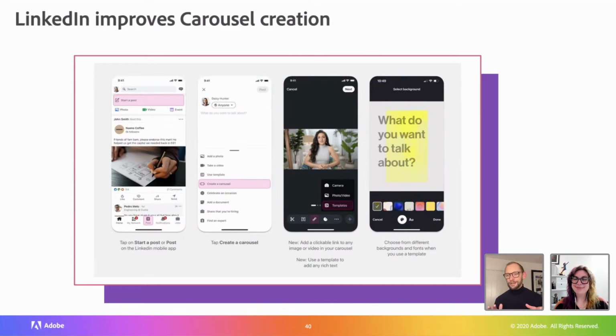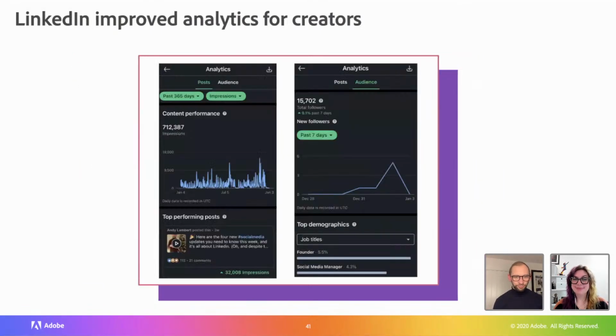They're also improving some templates and such, but to be honest, I'll be as balanced as I can, you probably want to use a better design tool because, as you can see, this is a little basic. LinkedIn are doing a lot to try and encourage content creation, but you might be better off just creating something in Express and then posting it as a carousel here. That's what I do. So I'm with you there.